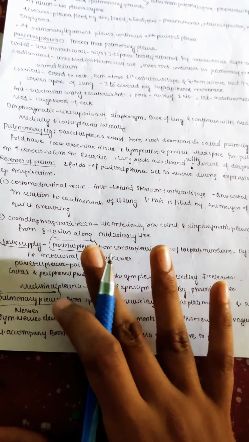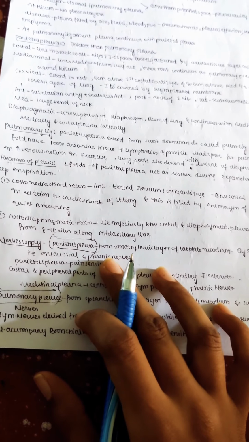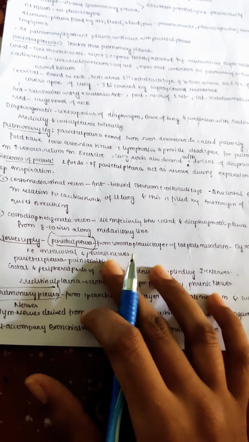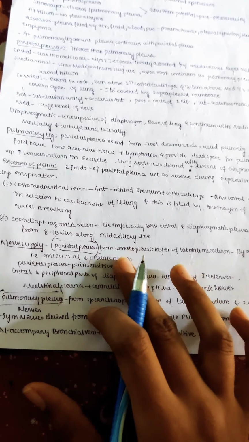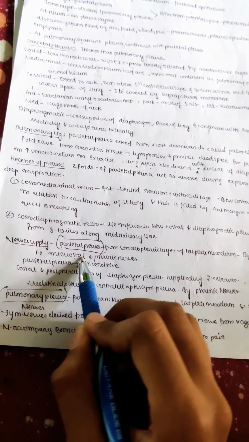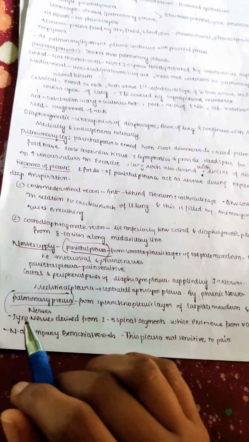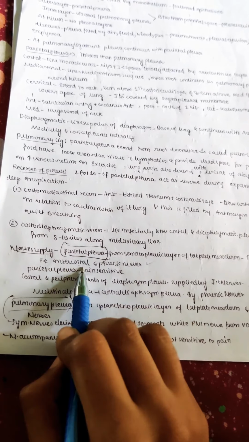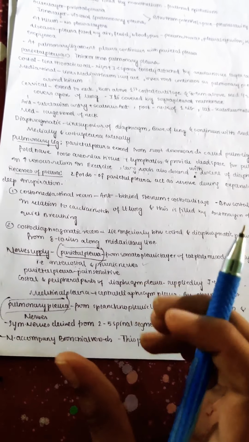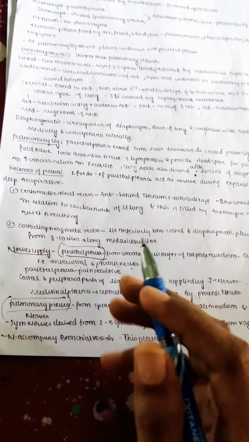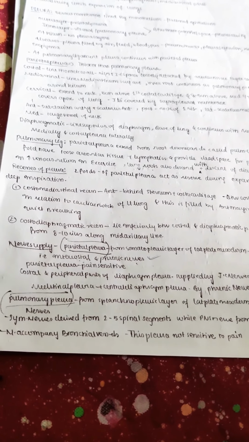In the parietal pleura, the phrenic nerve, as the name says, mainly supplies the diaphragm, the central diaphragm, and also the mediastinal pleura, which is very important. Intercostal, as the name says, supplies the costal part and also the peripheral part of the diaphragm. Everyone thinks only the phrenic nerve supplies the diaphragm, but the intercostal nerve also supplies the peripheral part, while the central part is of course supplied by the phrenic nerve, which also supplies the mediastinal part of the pleura. These are the important points to remember regarding nerve supply.